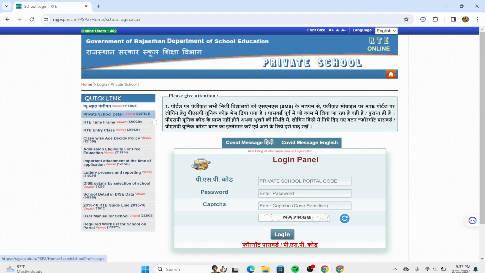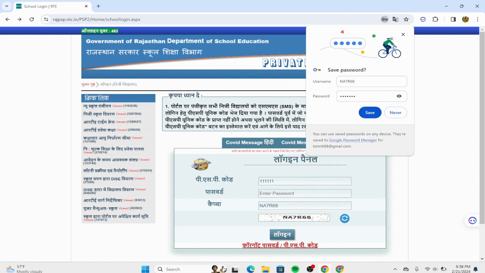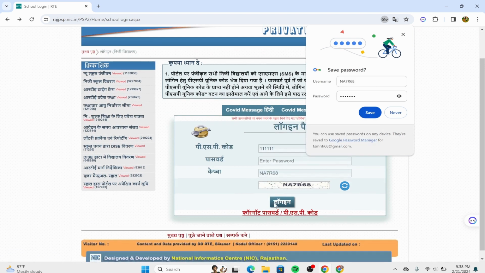You need to type down your PSP code. But if you have any language problem, then on the top right corner over here, we could see the language selection. You can prefer whichever you are comfortable with. And after that, type down your PSP code, your password as well, and the captcha that is over here. Simply type down the number and the symbol and the alphabet. And after you're done, you can click on the login option and then you'll be successfully logged into your PSP